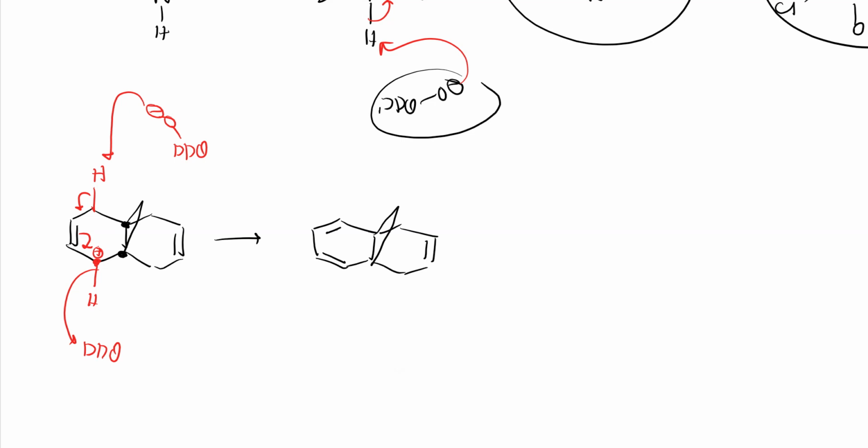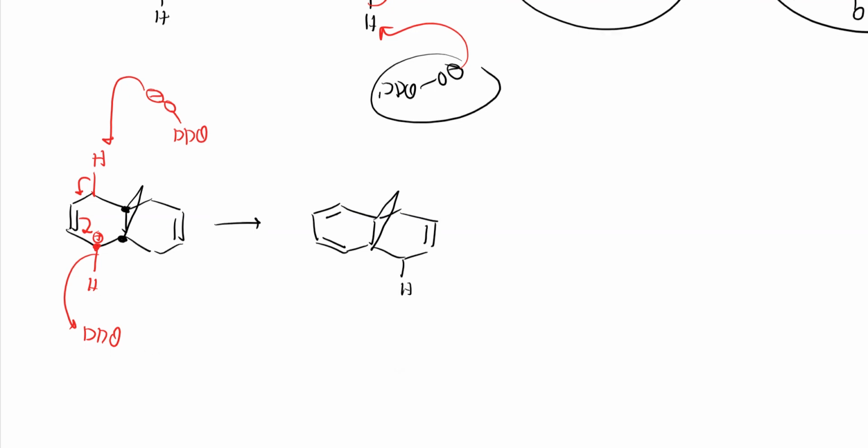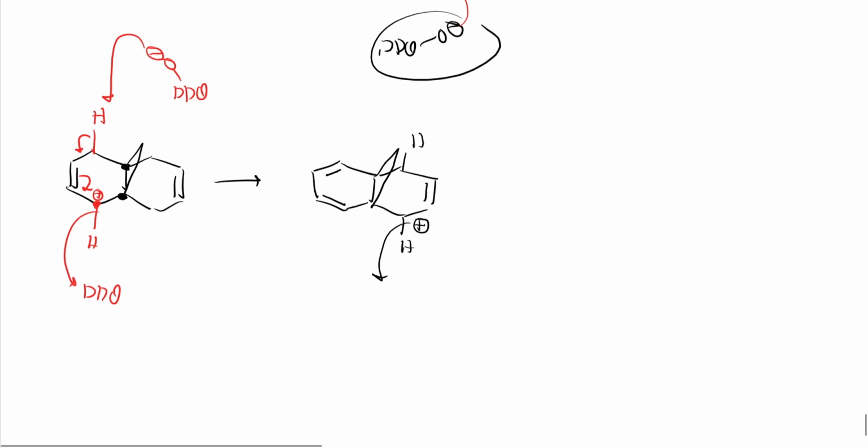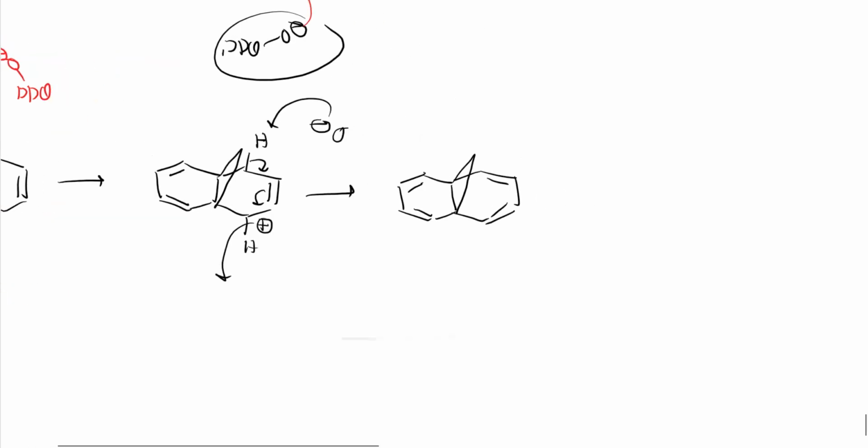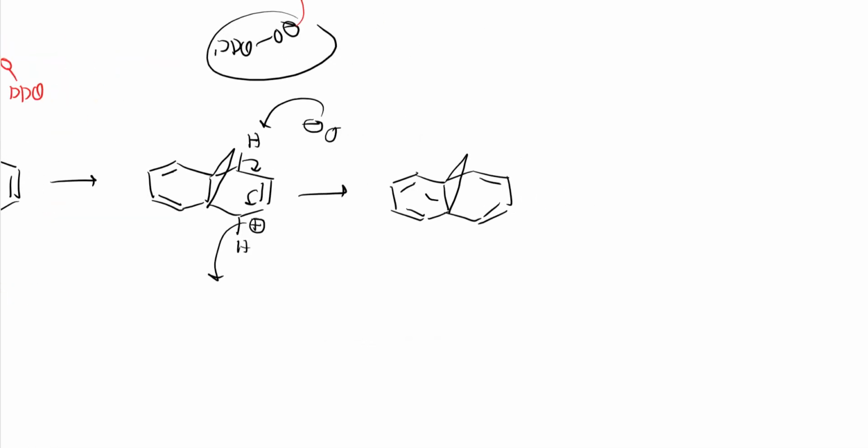Similarly, here also if I add one more molecule of DDQ, again it will take this hydride, so this gets positive charge, and here one more hydrogen is there, oxygen, right? So this hydrogen is there, DDQ oxygen having negative charge, it will take this proton, this pi bond will shift here, this will shift, and it becomes neutral. So I'll get this product like this. See here, double bond, here also double bond, like this I'll get, right? So to do aromatization, just ring opening happens like this, just a rearrangement it will do, so that ring opening happened here.